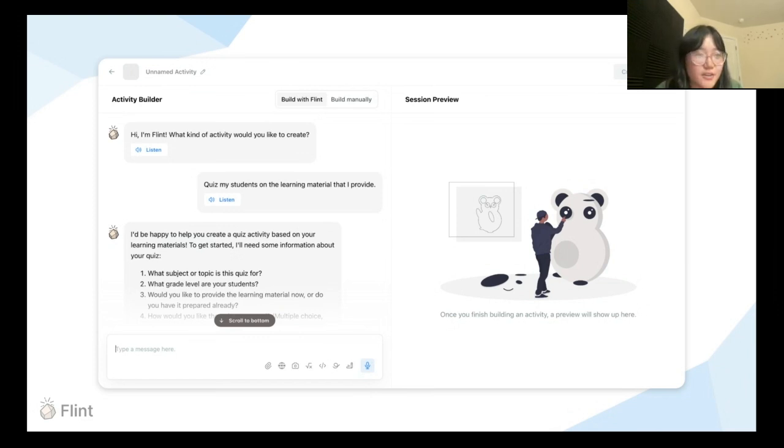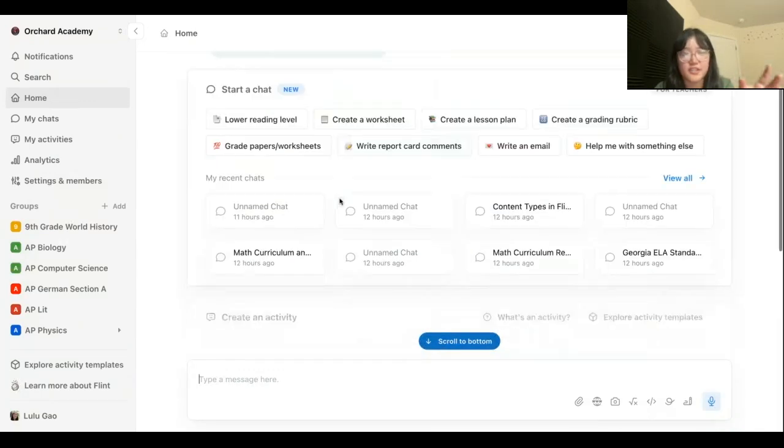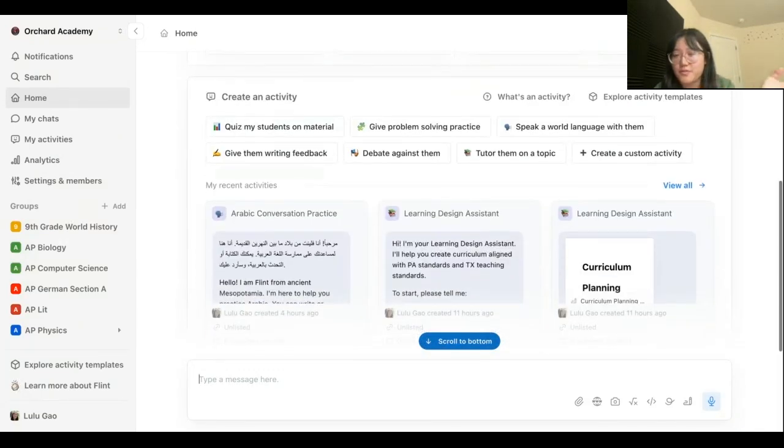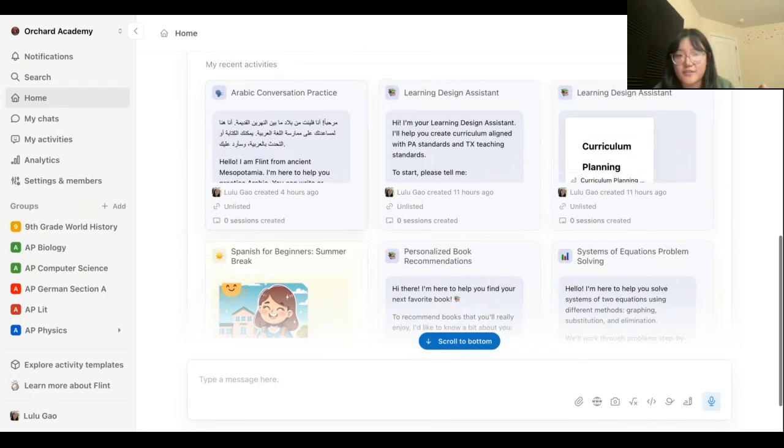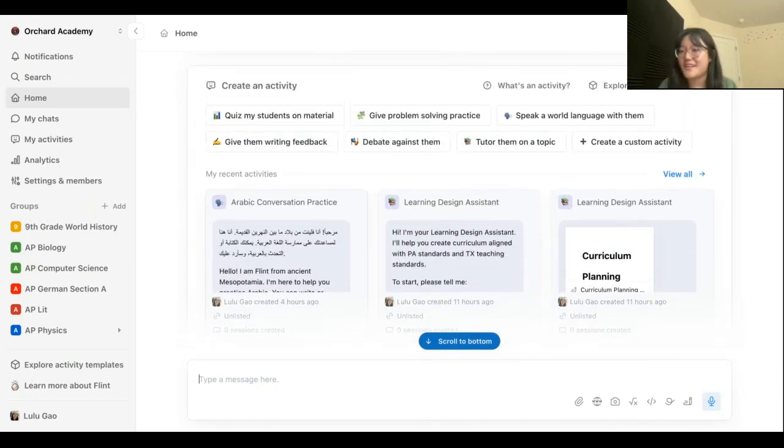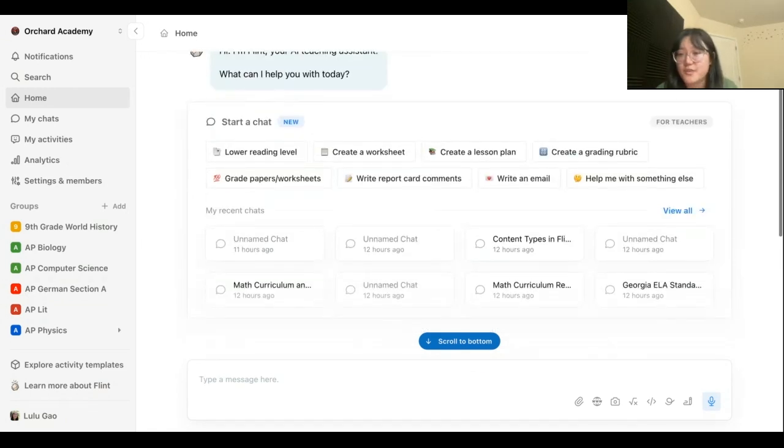So like I was saying earlier, you can create either a chat or an activity. Both of the examples that Jeff and Megan shared were activities, and you can see how much additional crafting can go behind these to really make the interaction structured in the way that you want. But you can also encourage your teachers, your staff, your students to also use the chats in Flint. And I just wanted to show a couple examples of what that might look like and what might be helpful there. So in this one,